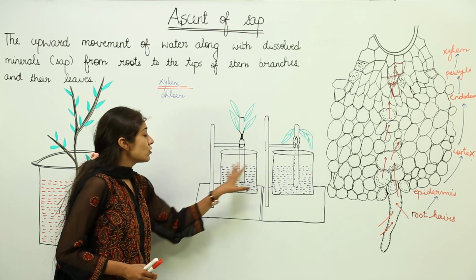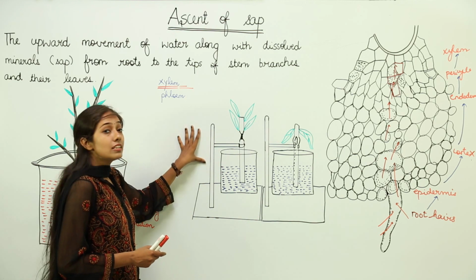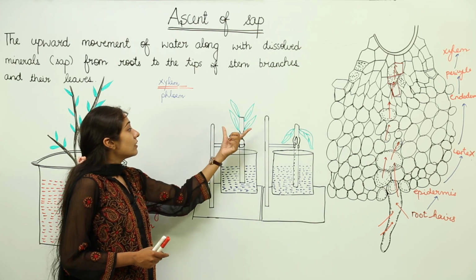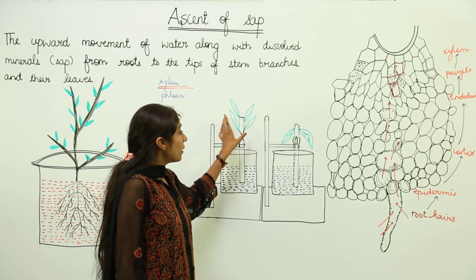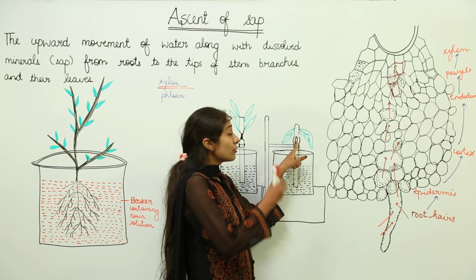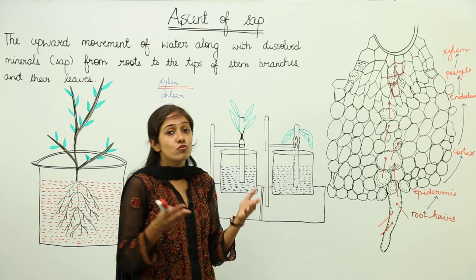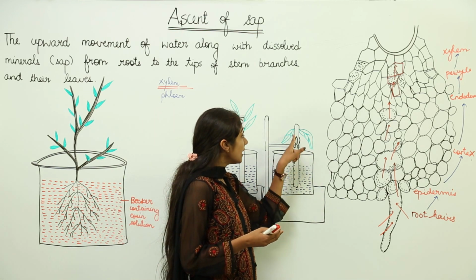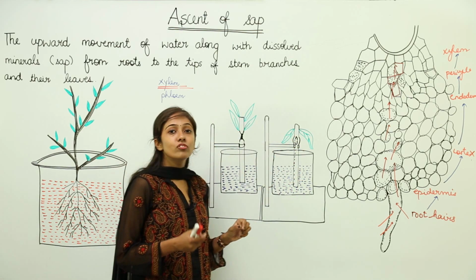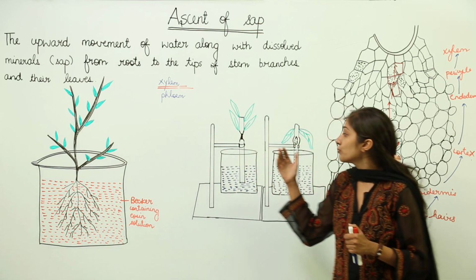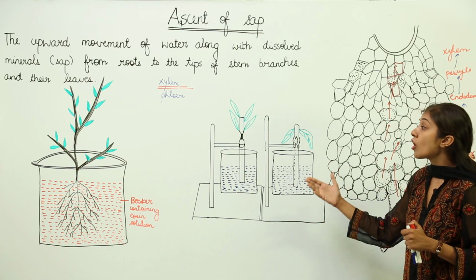Now, put these into beakers containing water. What will you see? In the case where the xylem was intact, the leaves remain fully turgid, right. They are in a completely distended state. But in the case where we have removed the xylem, the leaves become flaccid, right. They are going to lose water because the water is not going to enter. There is no continuous flow because at this site we have removed the xylem tissue. So, this experiment is also proving that xylem is responsible for the conduction of water, for the conduction of sap.